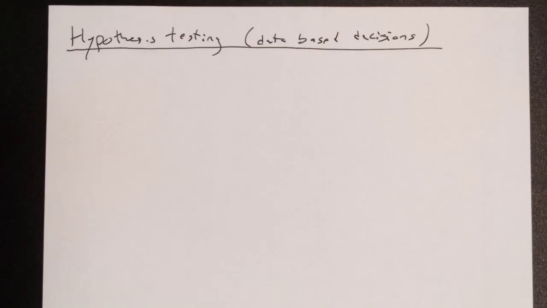I need some sort of idea. Should I do this? Shouldn't I do this? What's the best option? And then I need to go out and check the data and say, does the data support what I want to do? Yes or no? Now, there are lots of different ways to do this, and they depend on the way in which we construct our hypothesis. So what I need to do is make an assumption.